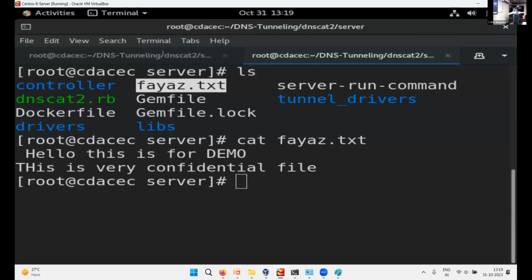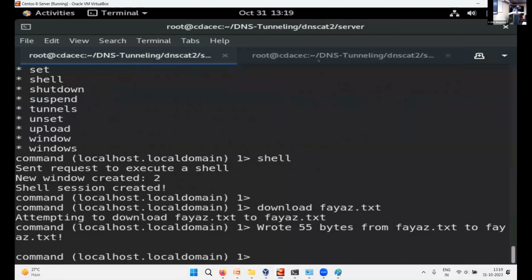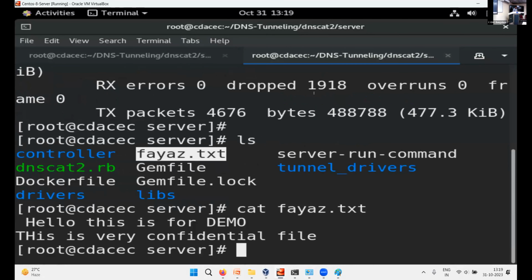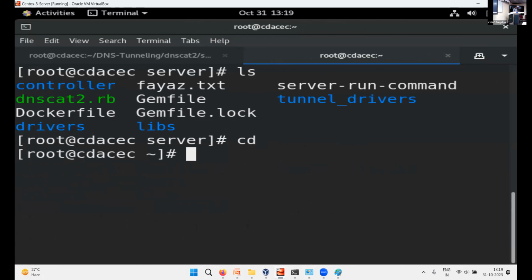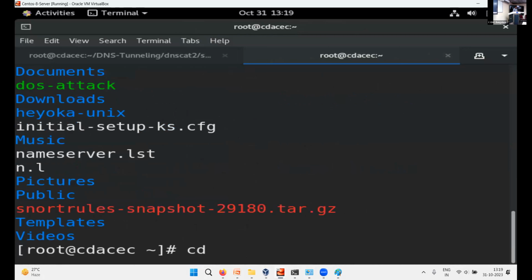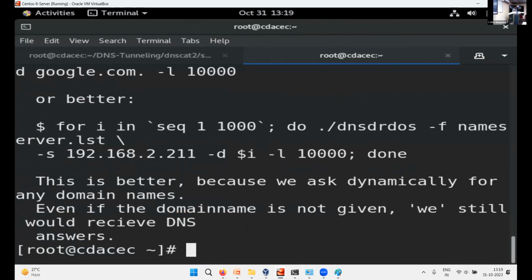Again, for this, this is what I have. It's a file which is available on the internet, for the DNS amplification attack.